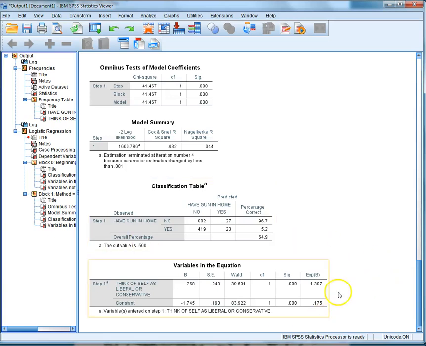Now, there is more that you can do with this, and there's more you should do with this. You want to be able to make predictions. You want to be able to write out your equation, which is essentially your regression equation, and then convert that eventually to what's called a probability equation. So using your beta coefficients and your constant, negative 1.745 plus 0.268 times whatever your value is for this variable, 1, 2, 3, 4, 5, 6, or 7, equals, in this case, what are called the log odds of gun ownership. Your text on pages 194 through 195 shows you how to convert that log odds